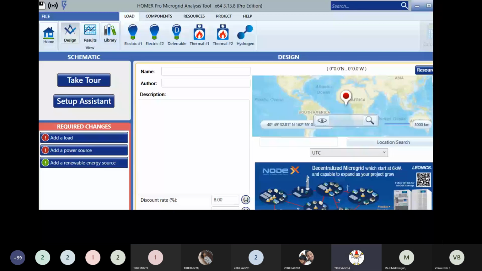The model has some errors and can't be simulated. That means you might have made some errors. What suggestions are you getting? No suggestions, sir. What components did you take actually? One residential load and one generator, sir. Diesel generator you took? No, sir. Fuel cell. No. You don't take fuel cell right now. That is a later stage, after learning everything. You take generator.